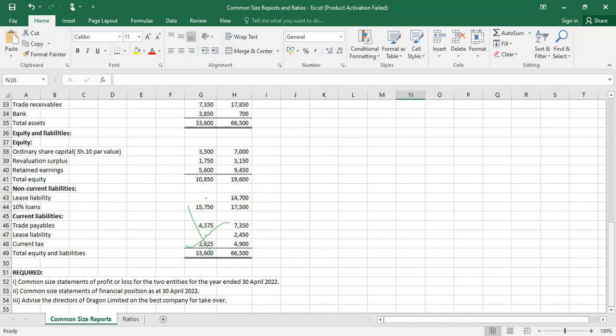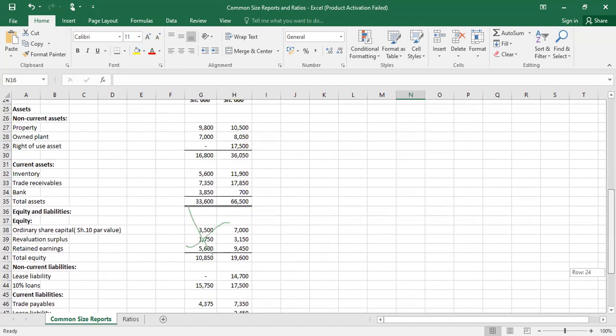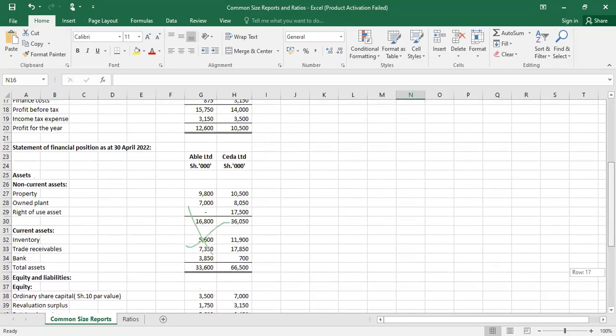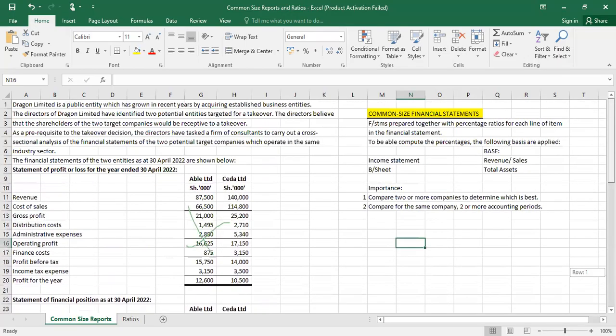Yeah, so the directors were torn between whether to take over company Able or company Cedar. And so they want to use the common size financial report to decide whether it is company Able or company Cedar that they take over. For this reason, we are told that in number one, we prepare the common size